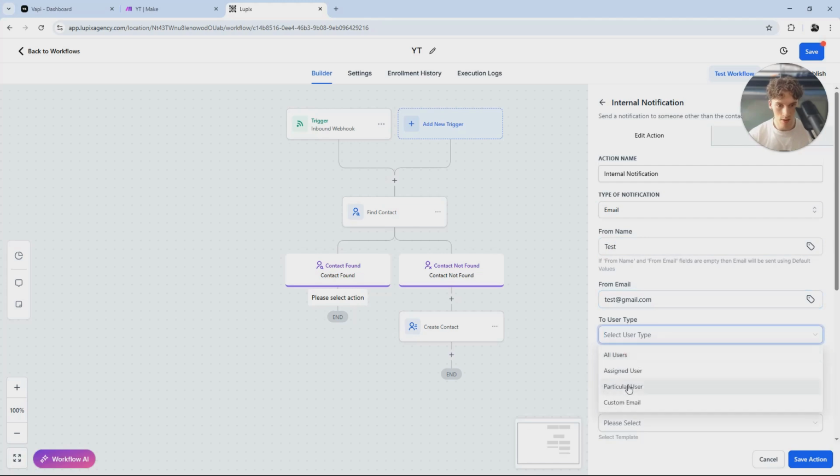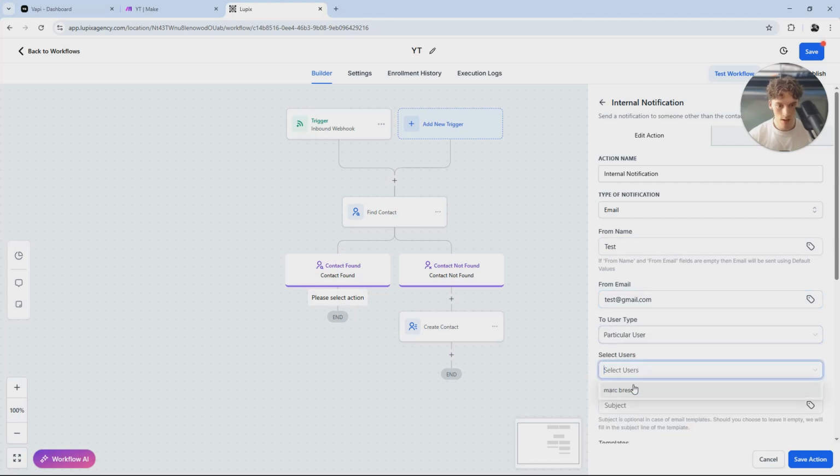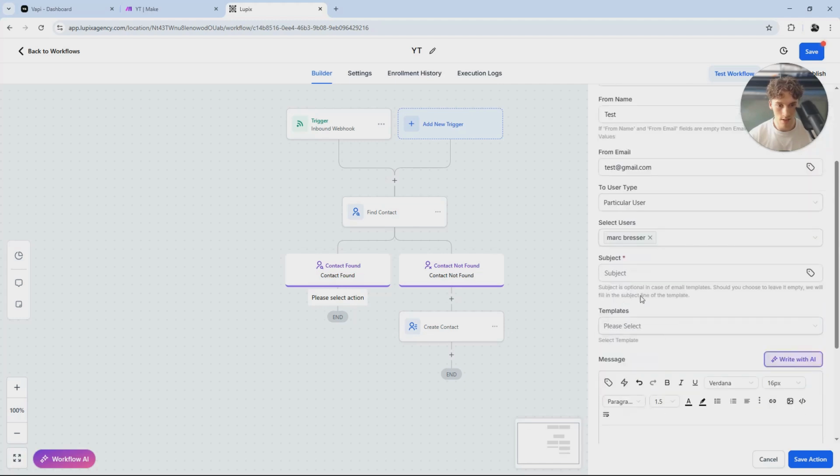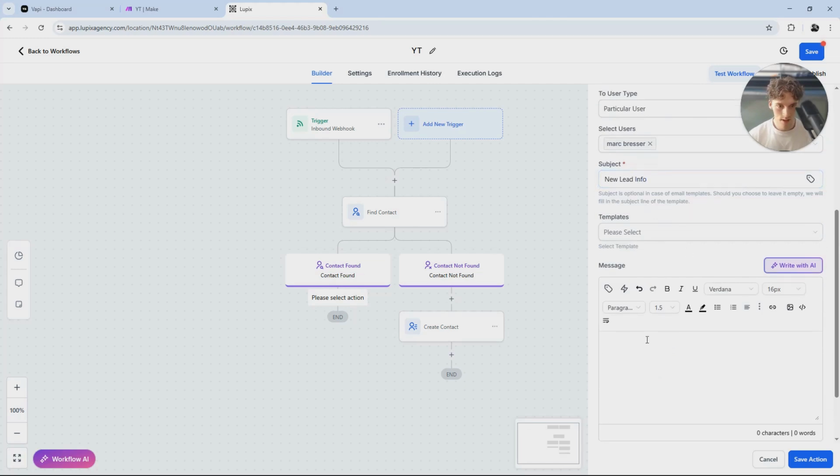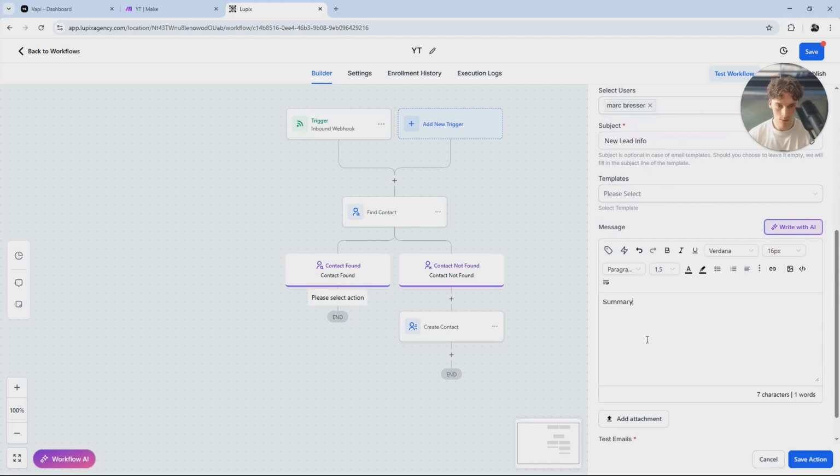gmail.com, and then we are going to select a particular user, which is your client. In this case, it's just myself. New leads, info, and then we are going to send the summary, the phone number, and also the data. Doesn't really matter. So like this, and then